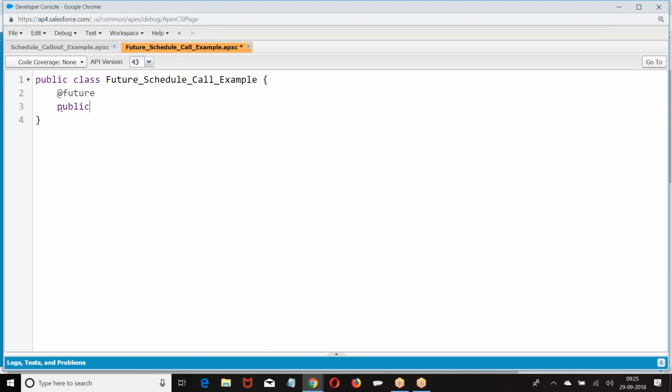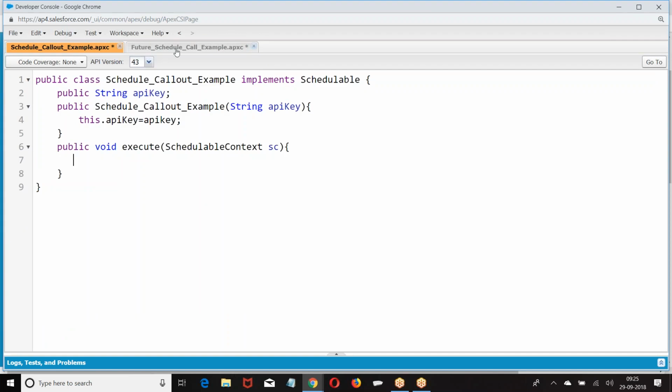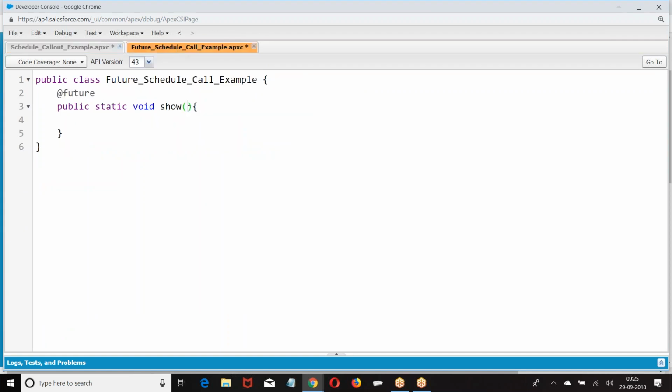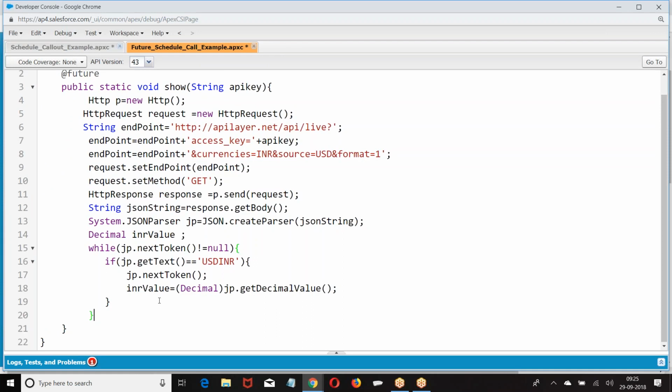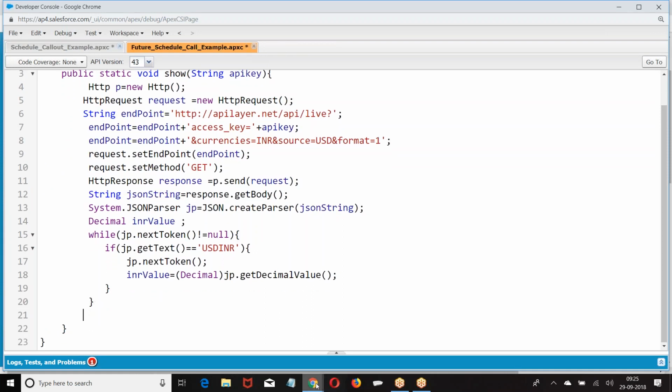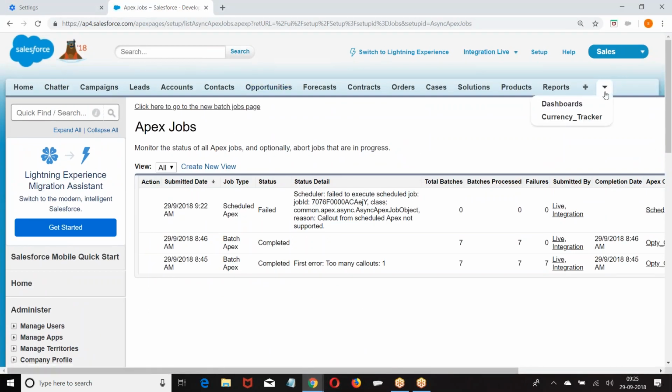I was supposed to mention callout, public static. The web service call. I made a web service call to this. Then I'm getting, what was the object we created.